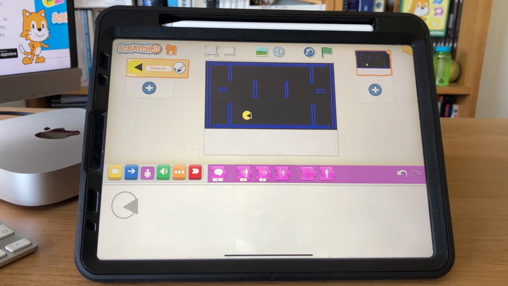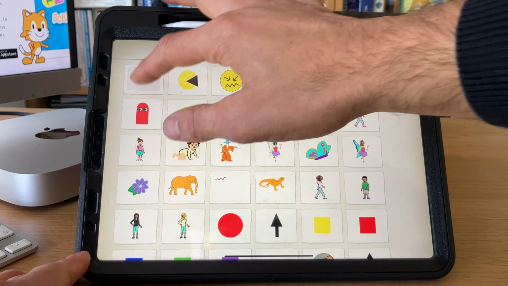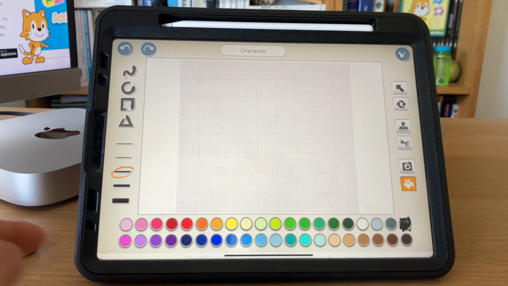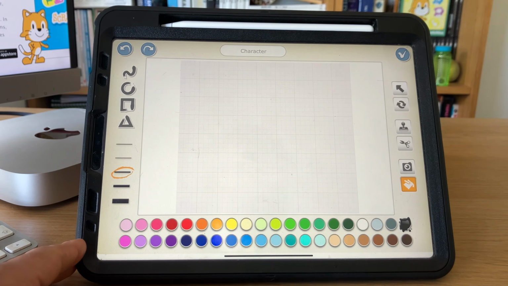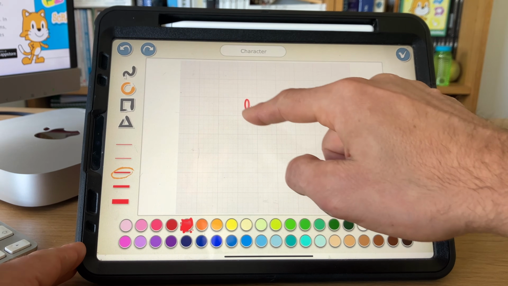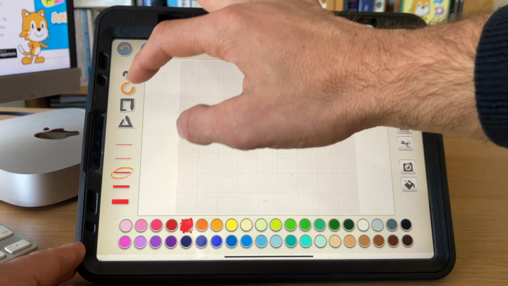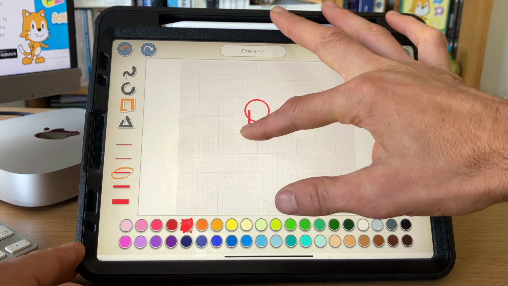Next, I'd like to create the ghost character. So again, I go to our plus character button, go to the blank option and click on the paint function. This will allow me to draw the ghosts. Now the ghosts are essentially a circle on top of a rectangle. So the first one's going to be red. So again, I go to my circle function, create a circle. Then what I'm going to do is go to my rectangle function and try to line this up